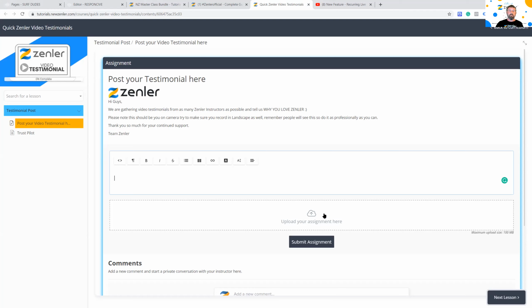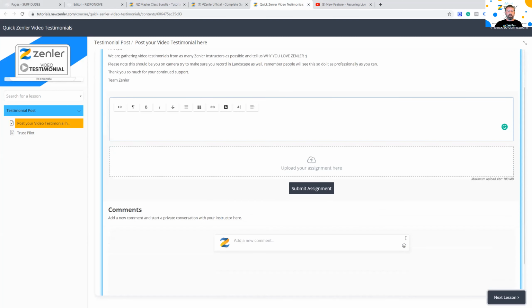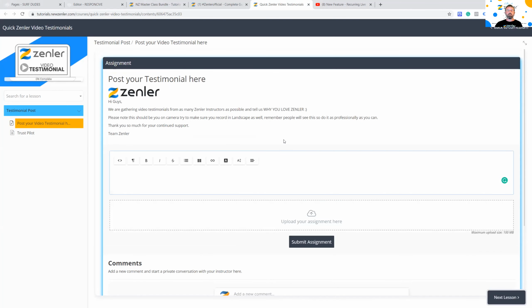Now, don't get really spammy with it, talking about your site and what you do and things like that, but you can say the name of your site, and you can talk about what you do as a business and how the Zenler platform has helped you. So it's all about what you like about Zenler, and then upload it in there. I will approve it, and then you will be in the course. So a lot of people are saying, when's it going to come out? It's going to come out when we reach 30.